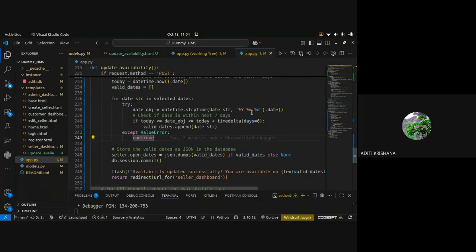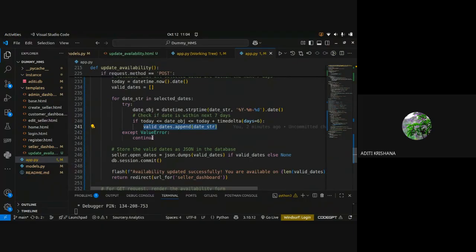Now it is checking whether the date is in this format or not: year, month, and date. It will be calculating and validating the dates, and if the dates are valid, it will be updating the valid dates list. I have used exception handling here.